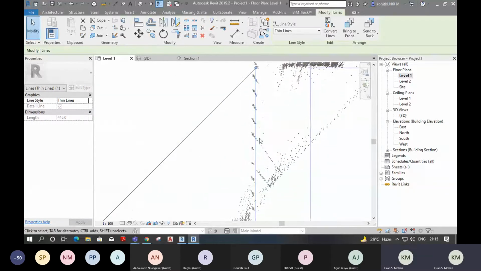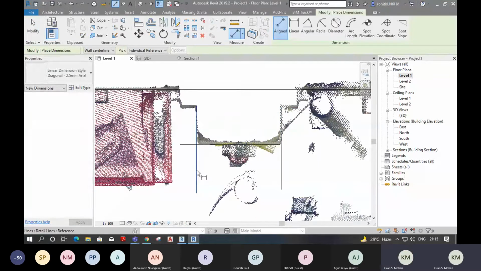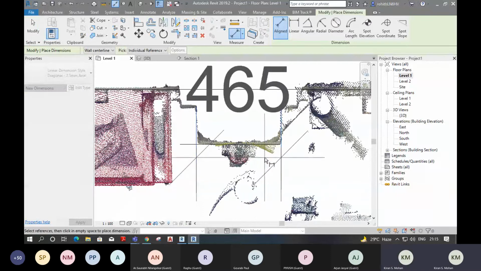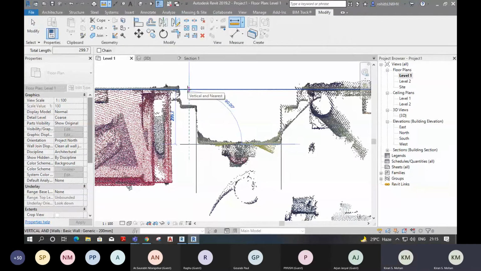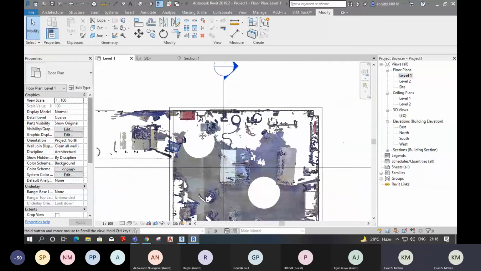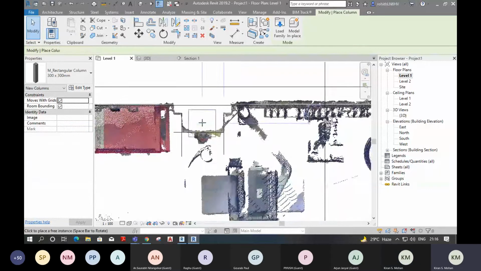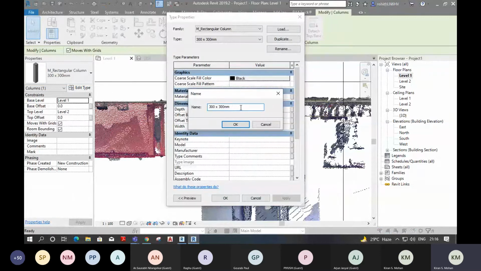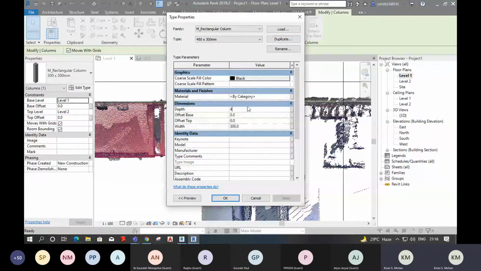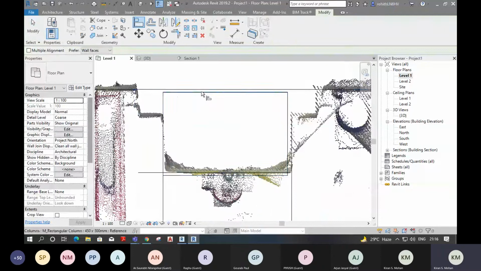We can select 450. 450 by 300. Okay. 450 by 300. It's almost aligned.